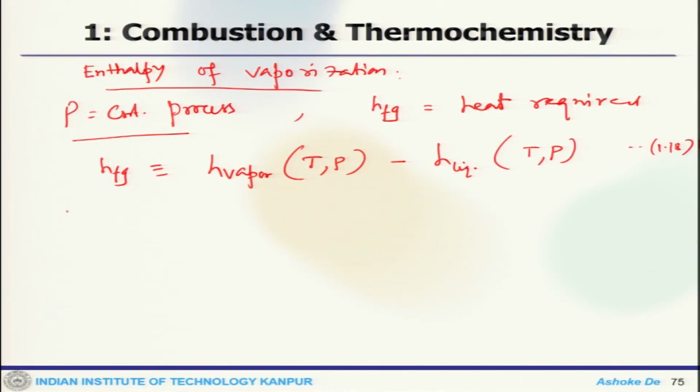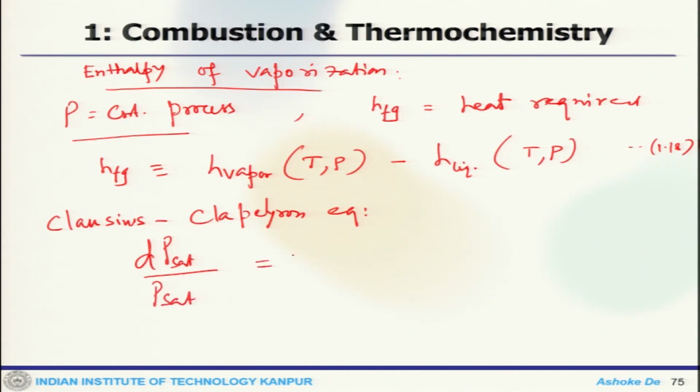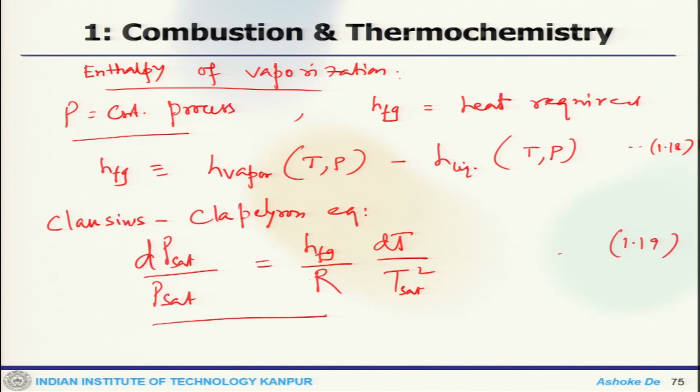Now, one of the famous relations is the Clapeyron equation, which gives you an equation for the saturation pressure with the enthalpy, dT by T saturation squared. So, this is what you get from the Clapeyron relation, and that is what you can use to find the amount of heat required, or the enthalpy